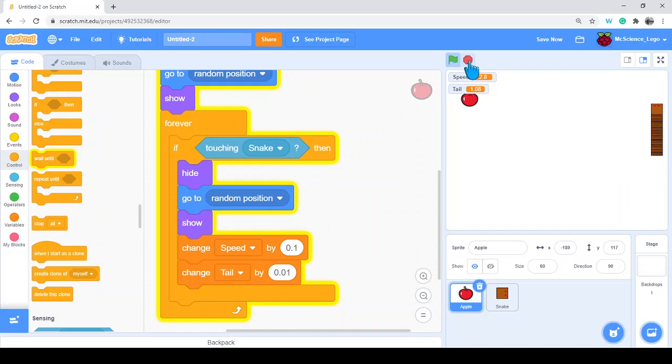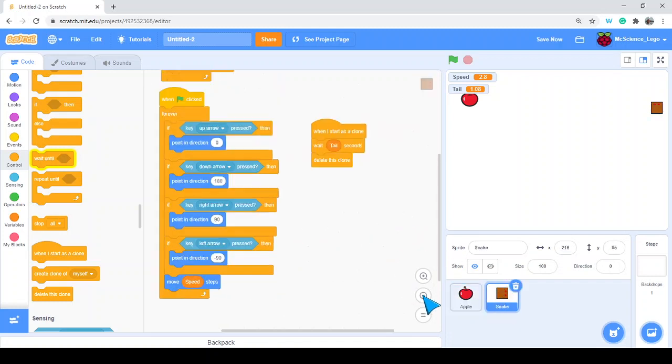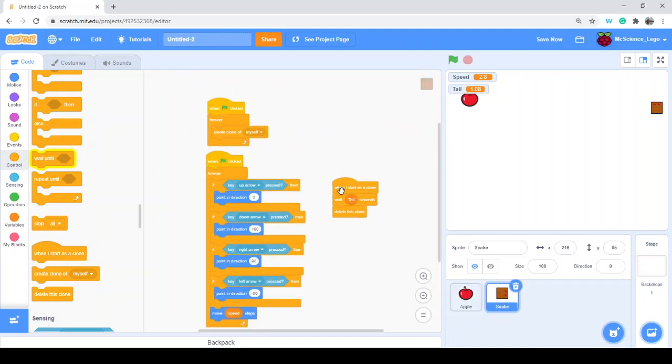Awesome. Okay, so now that I've done that, I feel good about that. I think my Apple has got all the code that I need now for all of it to work. So now I'm going to go back to my snake, and I'm going to do the last little piece of code. So right now I've got this block here. So this one, again, is to